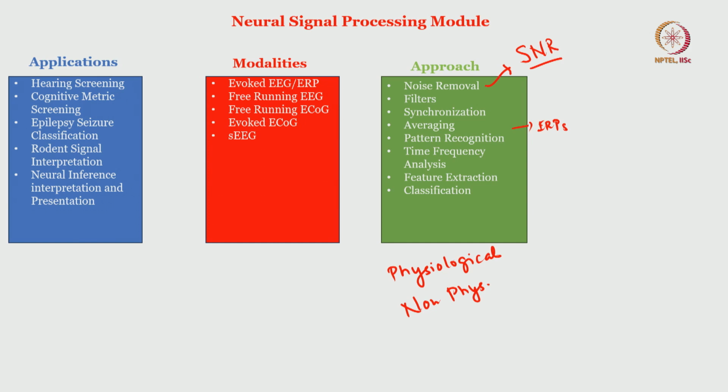For any EEG recording, currently we have a lot of advancement in computation. However, for any EEG recording, the more stable the subject, the better the quality of recording. That is why it is difficult to get recordings from newborns. There is one research from our lab on newborn hearing screening, which Professor Hardik will cover. So that is the physiological type of noise, whereas for the non-physiological type of noise,